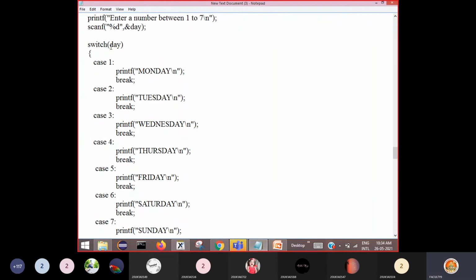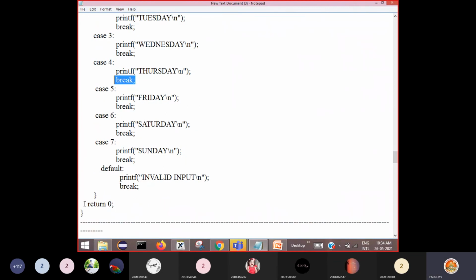So like this, it checks for a matching label here. For example, he entered the number 4. Now how it executes, just see here. He entered the number 4, and that 4 will be stored in day. Now it tries to find case 1 matching here, no. Then it goes to case 2 matching, no. Case 3 matching here, no. Case 4 matching here, yes. Day value equal to case 4, yes. Then the associated statement is executed and it prints Thursday, and when you say break, it comes directly out of the switch statement.